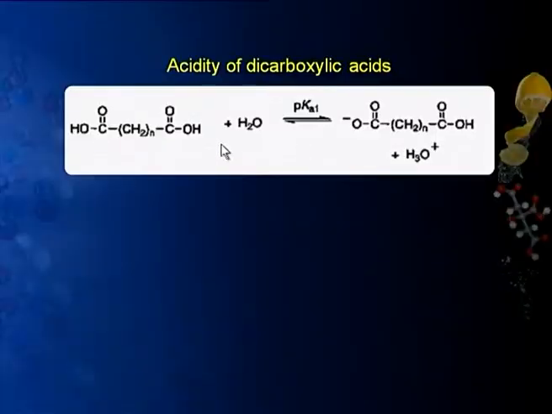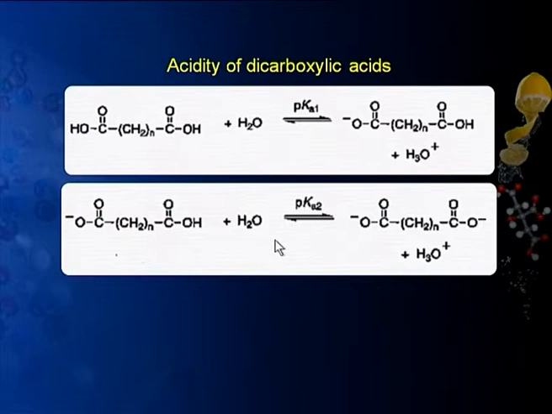Now, we had discussed earlier in carboxylic acids that they are quite acidic. Amongst the different functional groups of organic compounds, they are the most acidic, and we have compared their acidities. Dicarboxylic acids, since they have two carboxyl groups, can ionize in two steps. So, in the first step, one of the carboxyl groups is ionized, we get one anion here, and this dissociation is called the first dissociation, and the corresponding acidic strength is measured as pKa1, and then these anions can undergo a second dissociation, and then this strength is measured as pKa2.